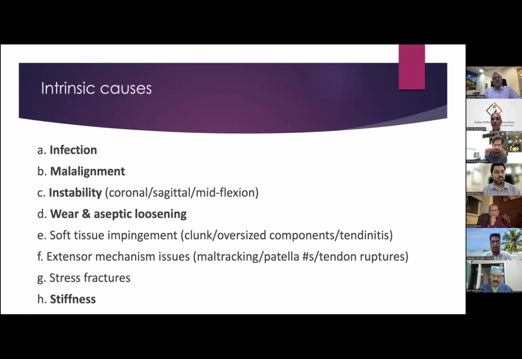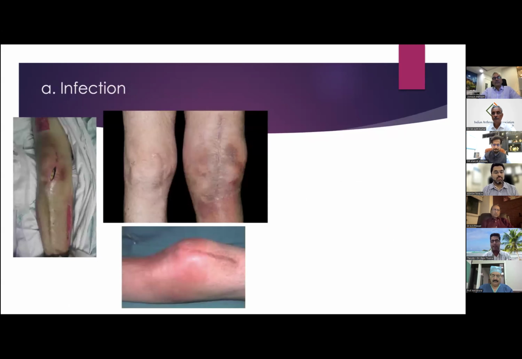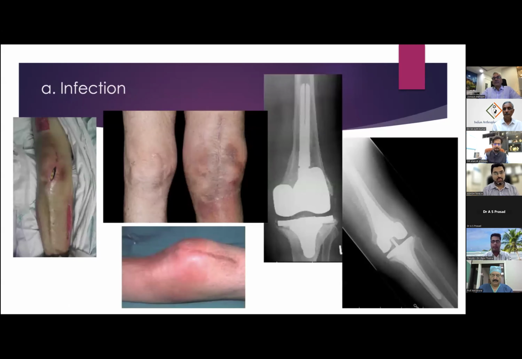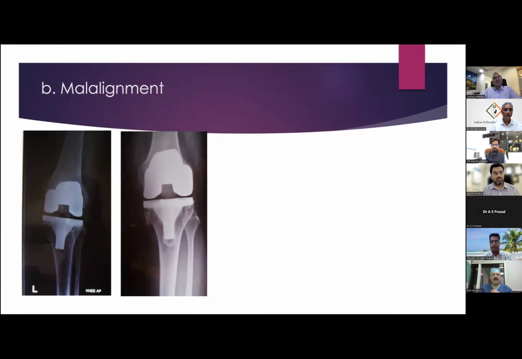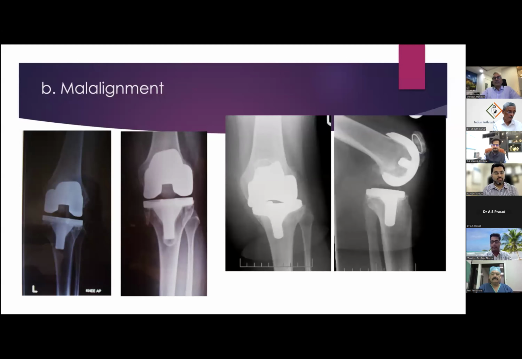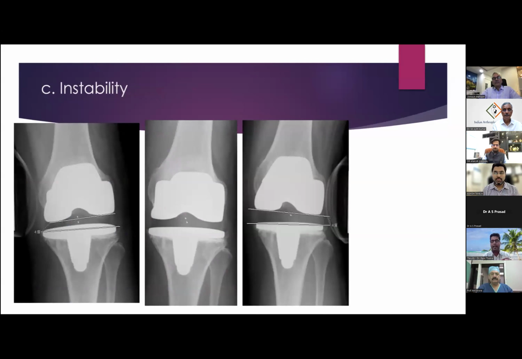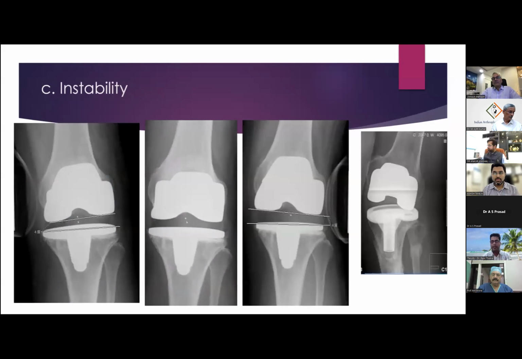But if you've made sure none of these exist, only then we look for the intrinsic causes, which are enlisted here. But understand, many times you can pick up infection because of the way it looks from outside. Even the X-ray picture may show loosening or lysis, but many times you can't. And that is where you need special investigations. Malalignment, whether it's in varus or valgus, is eventually going to fail. And that is why we are talking about CAS and robotics today. But even subtle malalignment, subtle instability should be picked up by stress test if you cannot see it on a normal standing AP view. You need to do both varus-valgus and sometimes anterior-posterior push stress tests to pick up